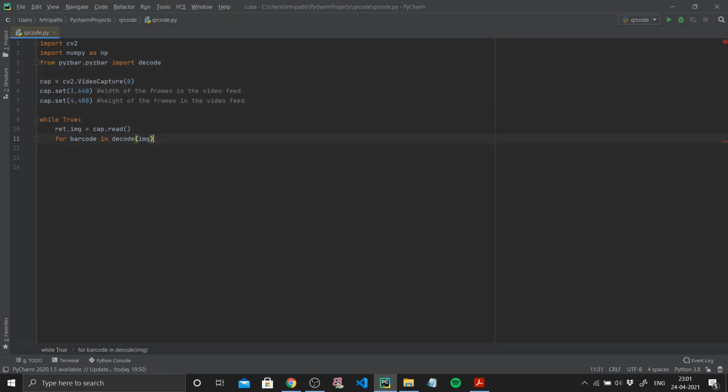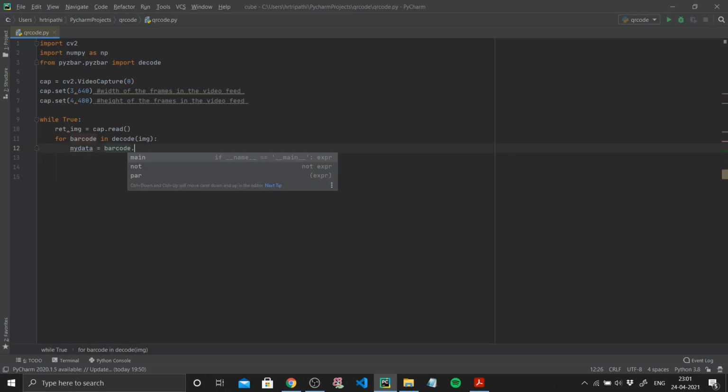So what we're going to be doing is in our for loop, for barcode in decode image, I'm going to be saying my data equal to barcode.data.decode. As I mentioned earlier, I'm going to be using the UTF-8 method for getting my data into a string, and I'm going to be printing my data.